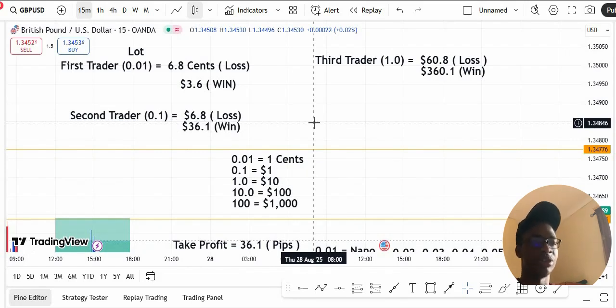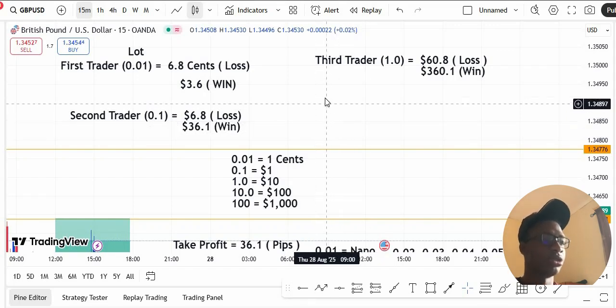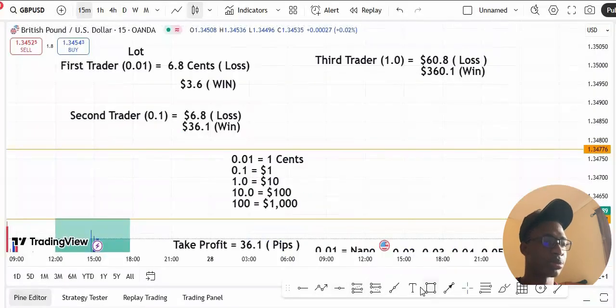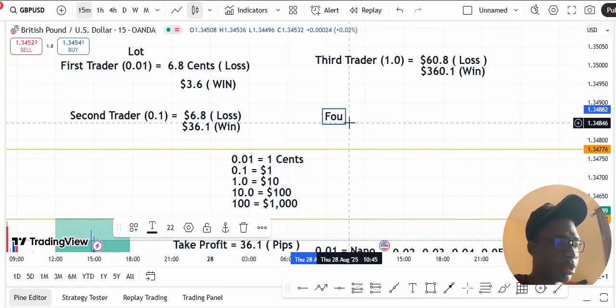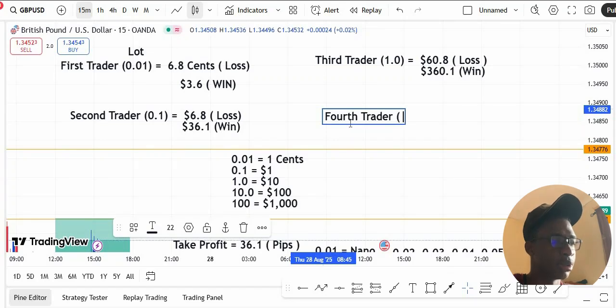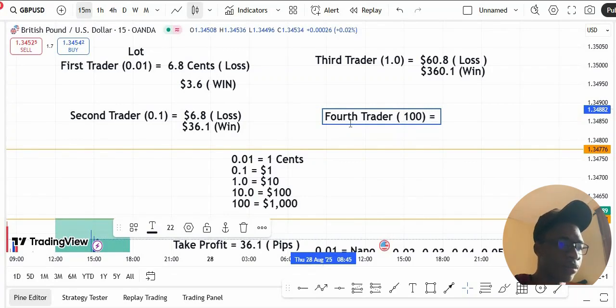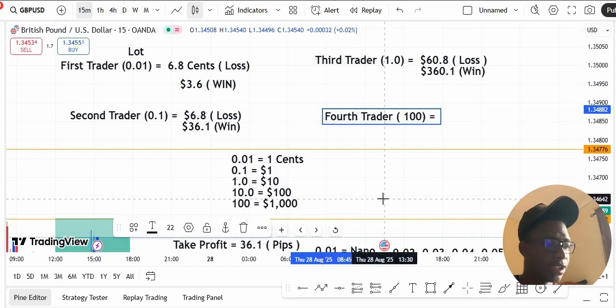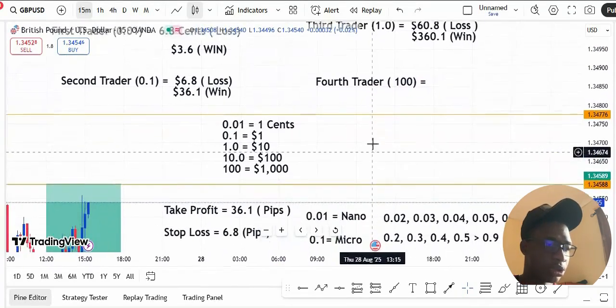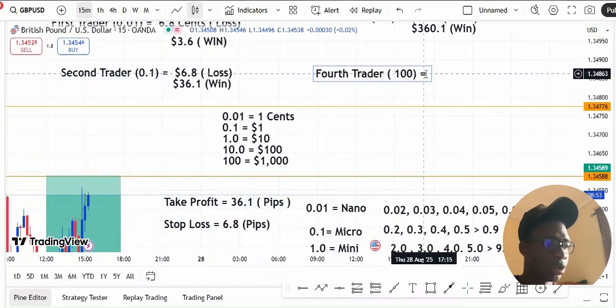You guys should do 10.0. Let's do 100. So the fourth trader is 100 lots. Since it's simple, 100 lots is $1,000 per pip. So for the 6.8 pips for the loss,